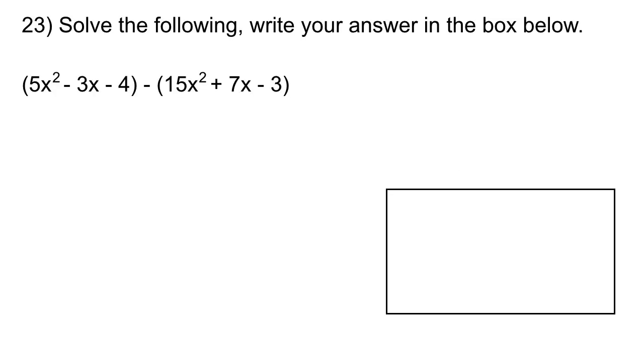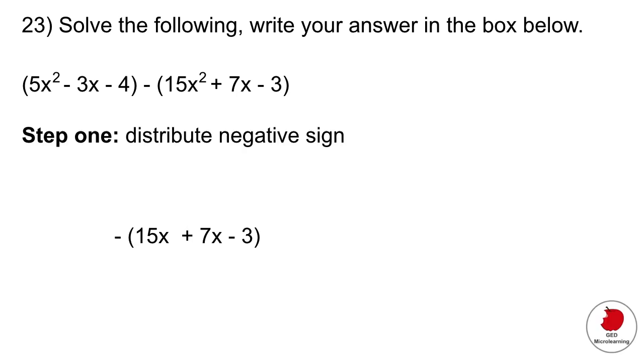Okay, question 23 looks at subtracting polynomials, and this is a little bit trickier because you have a negative sign that can mess you up. So what you want to do here is first distribute the negative sign onto the second parentheses. Okay, so this is the second parentheses. So you have minus,